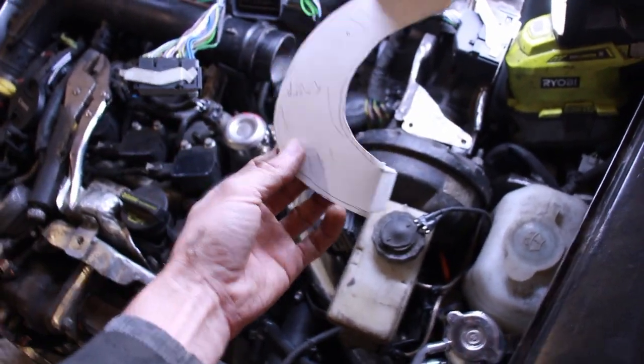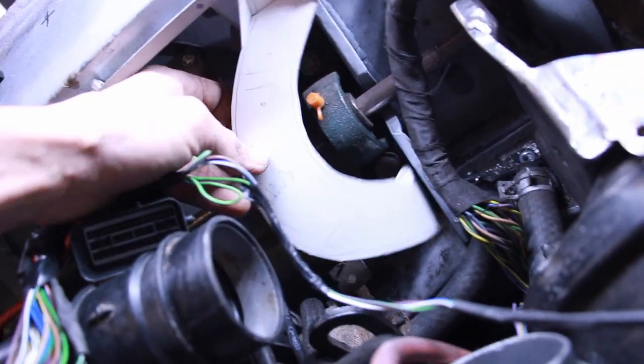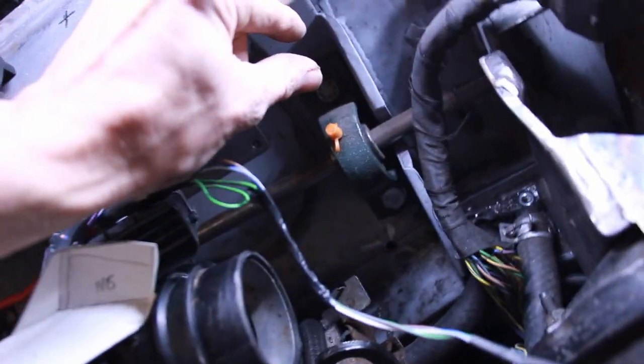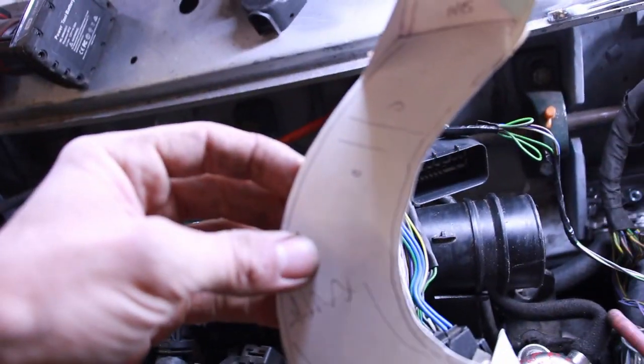You can't really measure a bend, or I can't anyway. So I just cut pieces of cardboard until I found the shapes I wanted. That's basically going to bolt in there with two M8s, one at the top and one down at the bottom, so it's removable. And we can use it to hold the wiring that goes across the ECU, kind of as drawn there. And also we'll put a bit of plate there that hopefully,